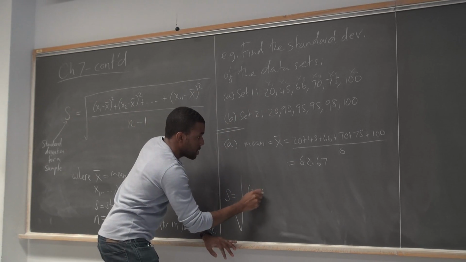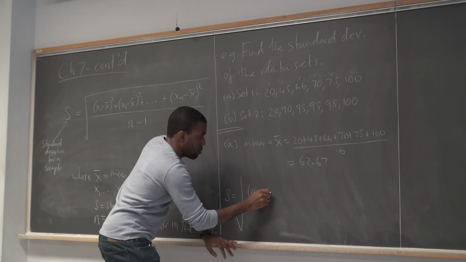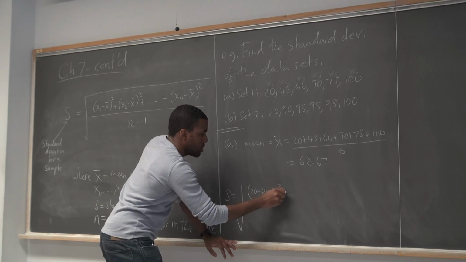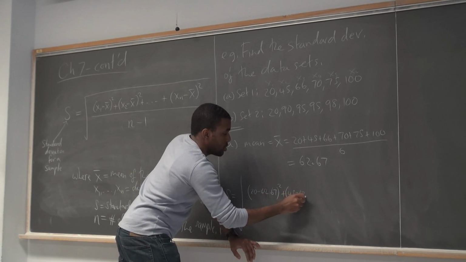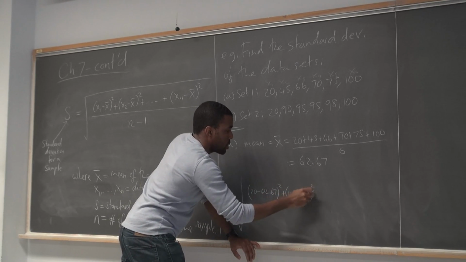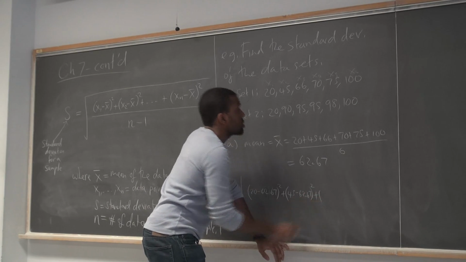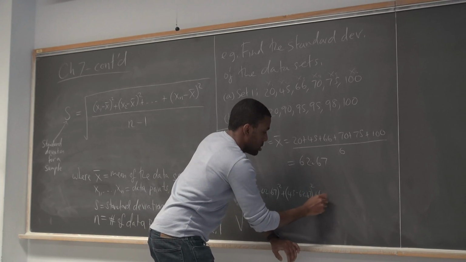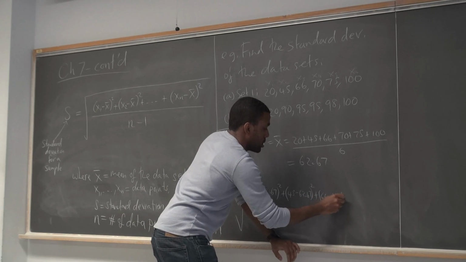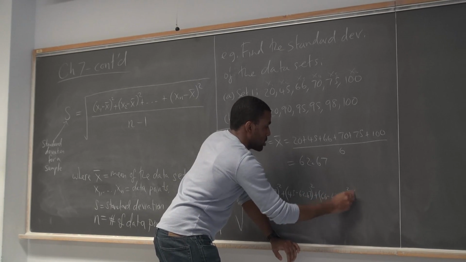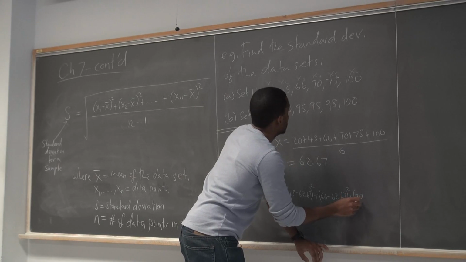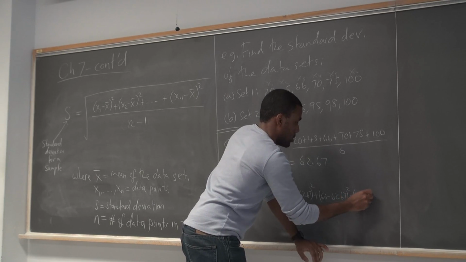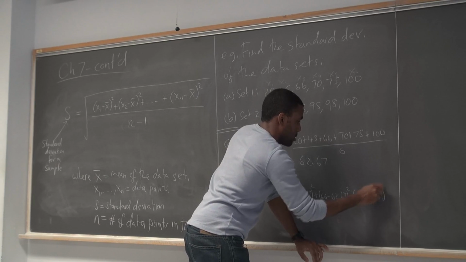So 20 minus 62.67 squared plus 45 minus 62.67 squared plus 66 minus 62.67 squared plus 70 minus 62.67 squared